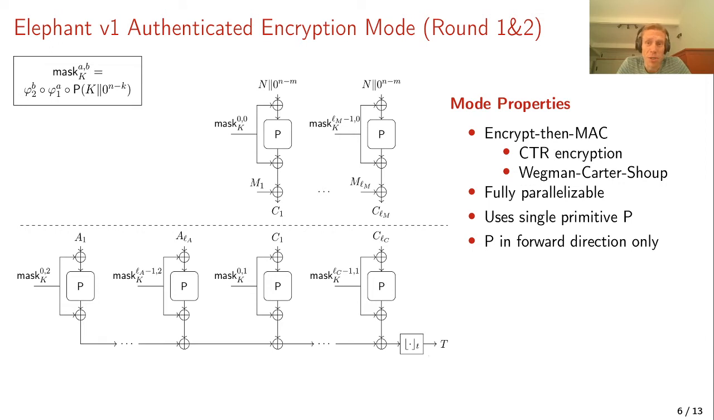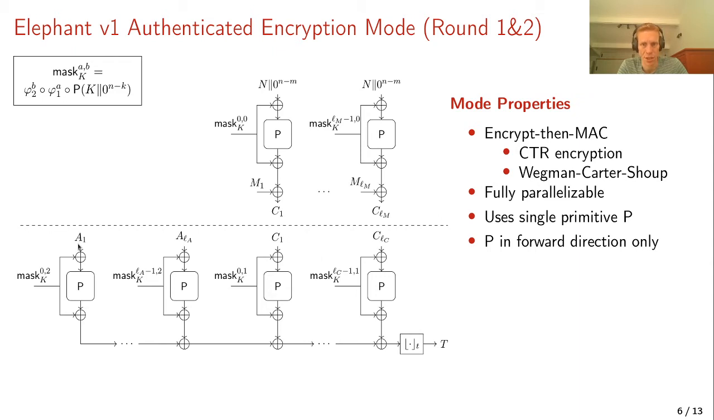From a high-level perspective, Elephant V1 is an encrypt-then-MAC design. So you first encrypt the message to get a ciphertext, and then you compute the tag. This is known as one of the most secure generic authenticated encryption modes because it achieves ciphertext integrity. Encryption is done using counter mode, and authentication is a Wegman-Carter-Shoup variant, where, I recall, the first associated data